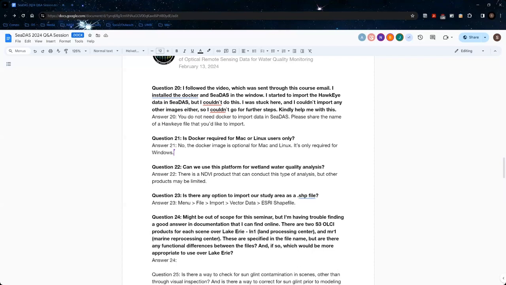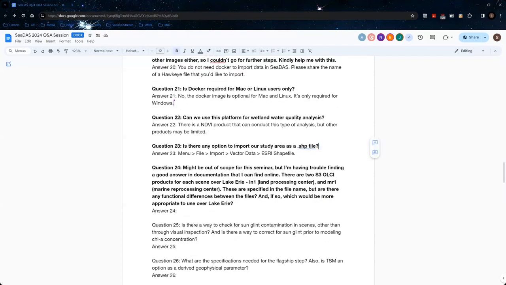Question 23. Is there any option to import our study area as a shapefile? I think the SeaDAS team has provided the answer. It's yes, go to menu, file, import vector data as shapefile. Yeah, and when you import that, then that gives you a